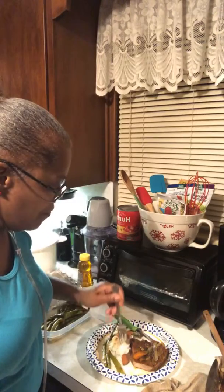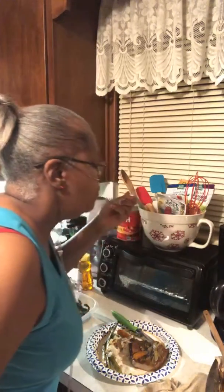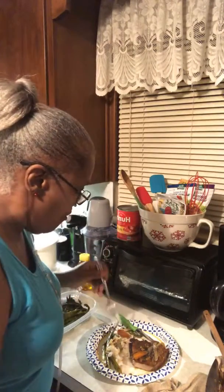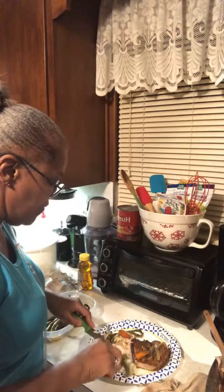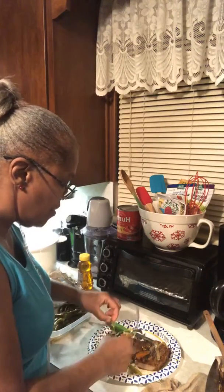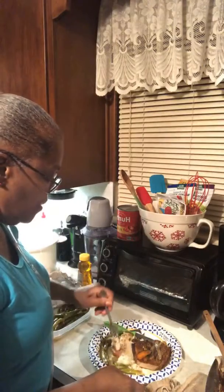And this is the jasmine rice with the gravy on it. Wow. This is so good. And the asparagus. I'm going to have some of every bit of this. Let's pull that apart. I love this asparagus. This is really good. I was just going to plate it and keep it moving, but